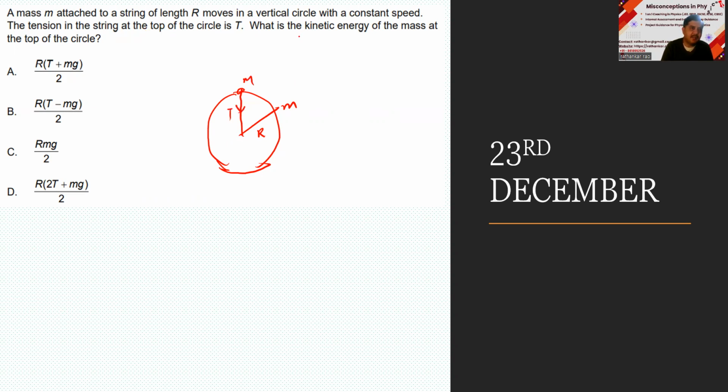What is the kinetic energy of the mass at the top of the circle? What is the kinetic energy at this point? That's the question. So how do we do this? To get this, what do we need? We need to get half mv square. Simple. So towards it, we'll write T plus mg should now be,